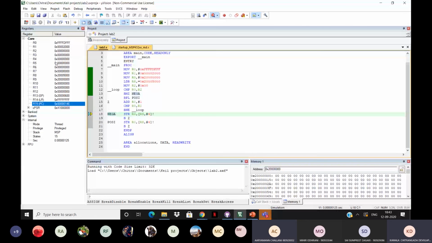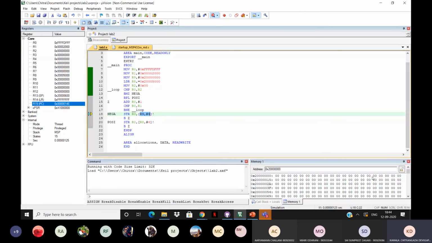So now I've gone into the negative loop, and here the memory location that would be accessed is 2 followed by 7 zeros plus 4, which is 2 followed by 6 zeros and a 4.